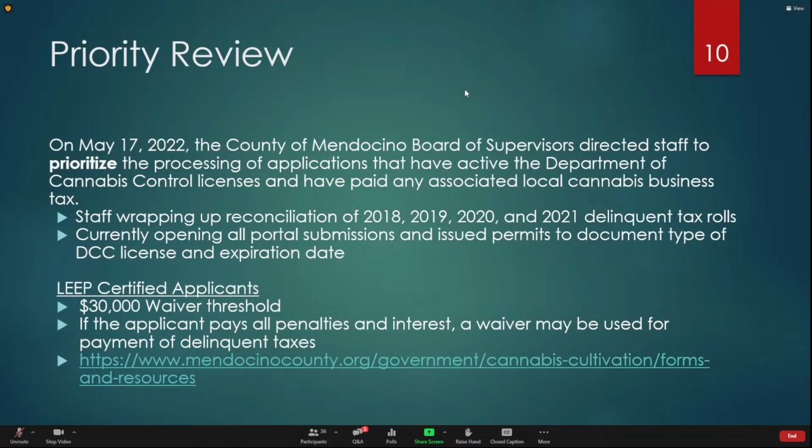Staff has been working diligently to wrap up and reconcile the delinquent tax rolls we've received from the TTC. We received them in individual years: 2018, 2019, 2020, and then lastly, 2021. So this takes some time. It's not like we get a list of AG numbers that are delinquent. What we receive is a list of